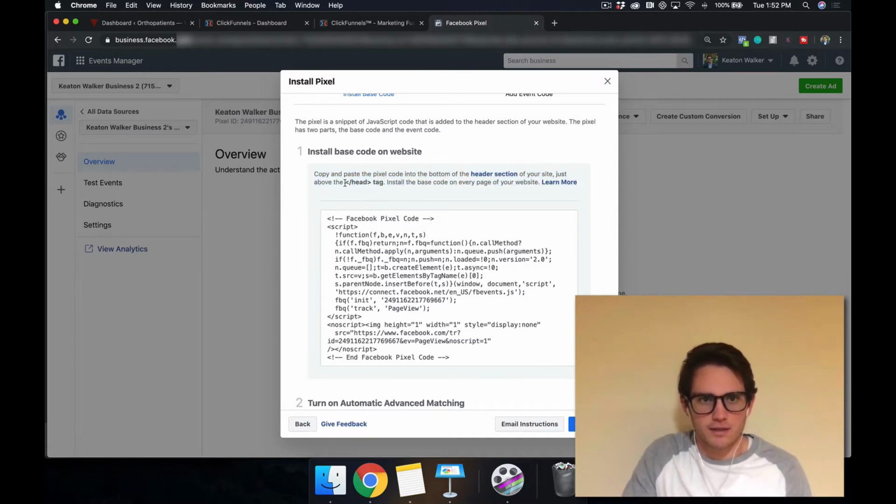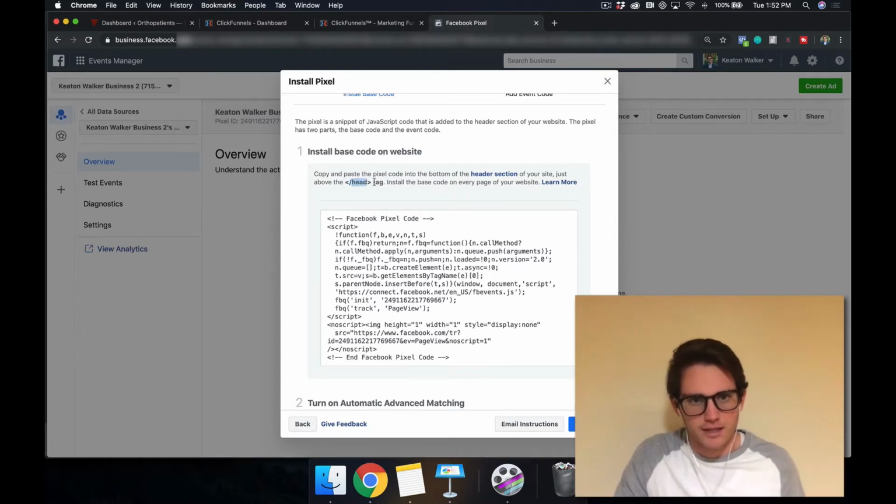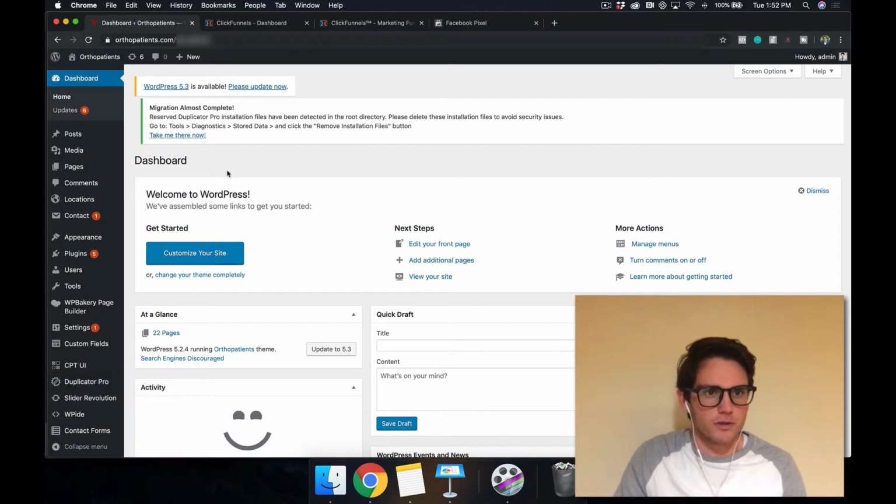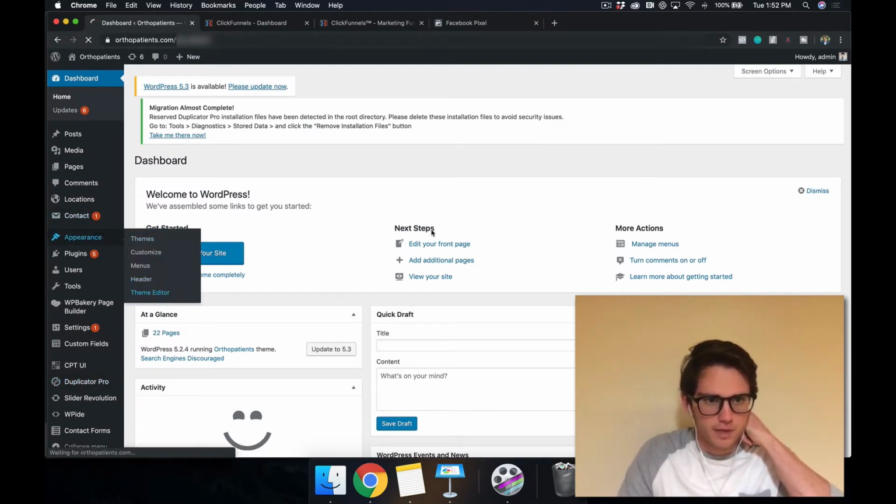And this where it says the greater than sign and then the slash and then the head, that means it's ending the header tag. And so you want to put it right before it ends. So I'm going to come in here to WordPress. If you use WordPress, it's really common. You'll come in here to Appearance, Theme Editor,